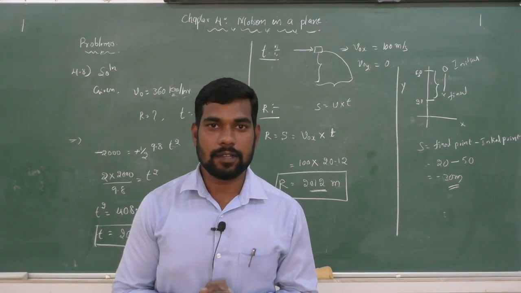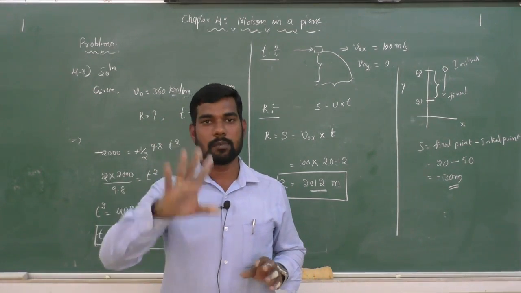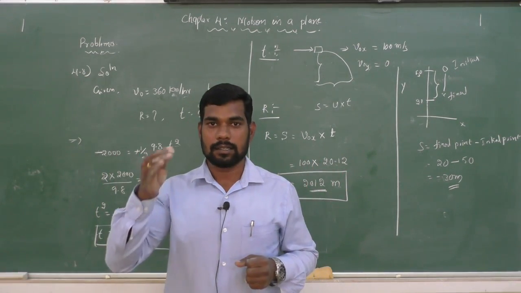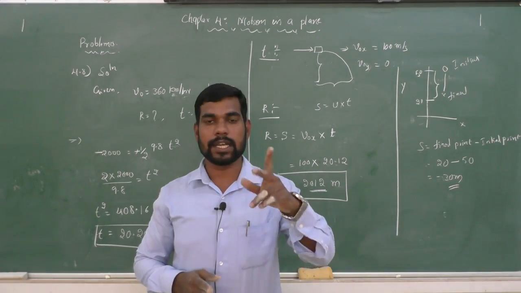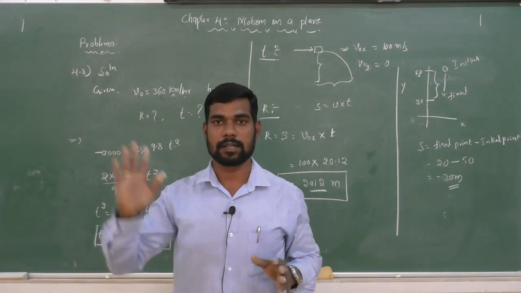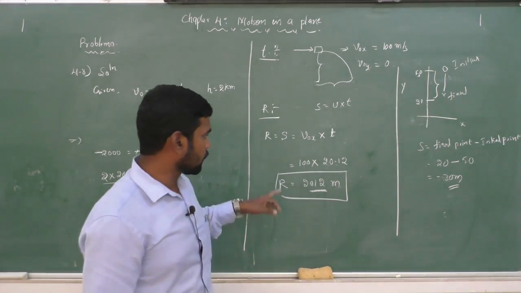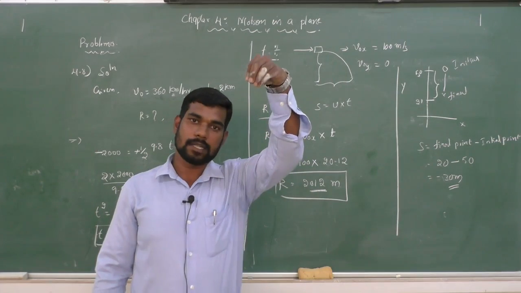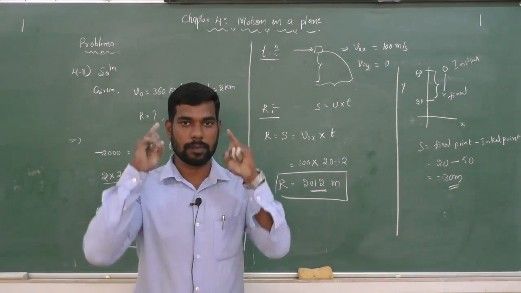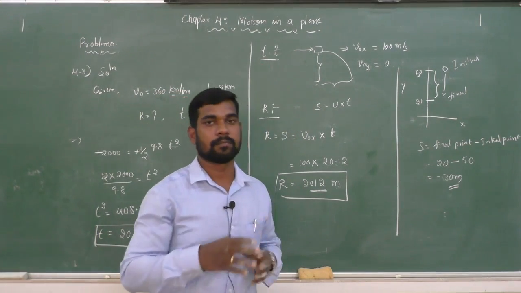Understood? I am going to summarize today's class. Any object which is moving in a plane can be assumed to be the sum of two straight line motions: one vertical straight line motion and one horizontal straight line motion. The second important thing is that if any object moves in the negative y direction, its displacement will be negative. Keep in mind, displacement will be negative when moving in the downward direction.